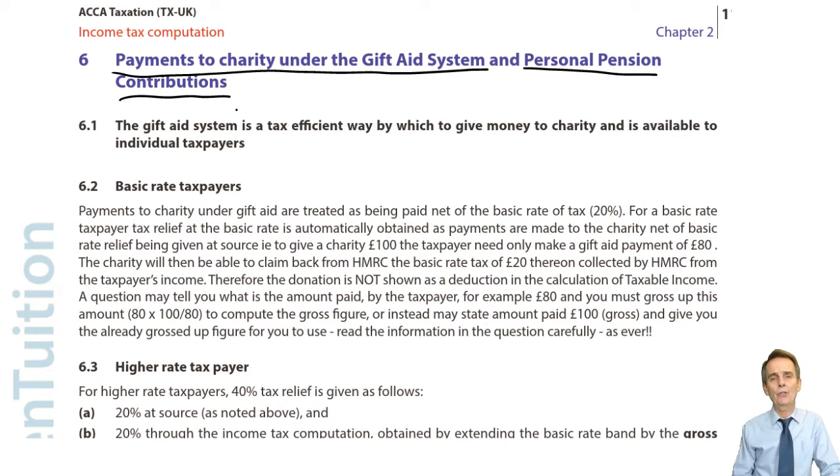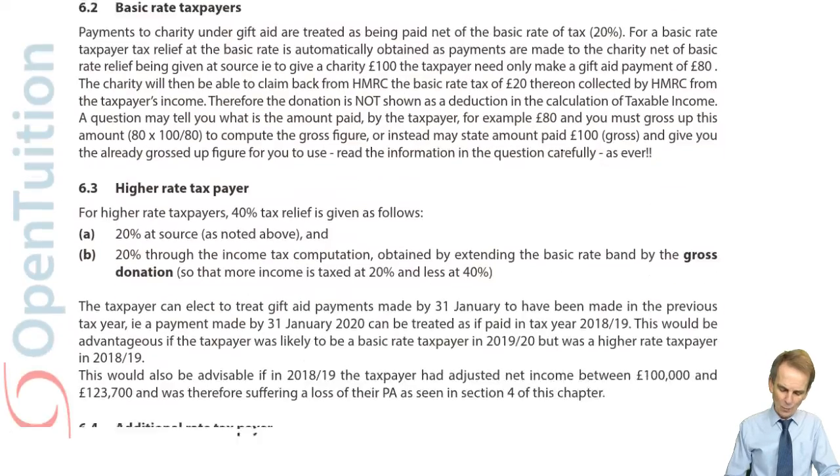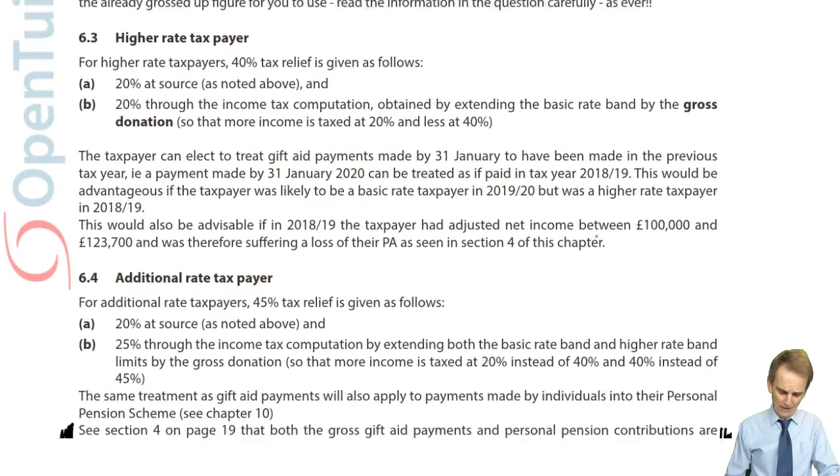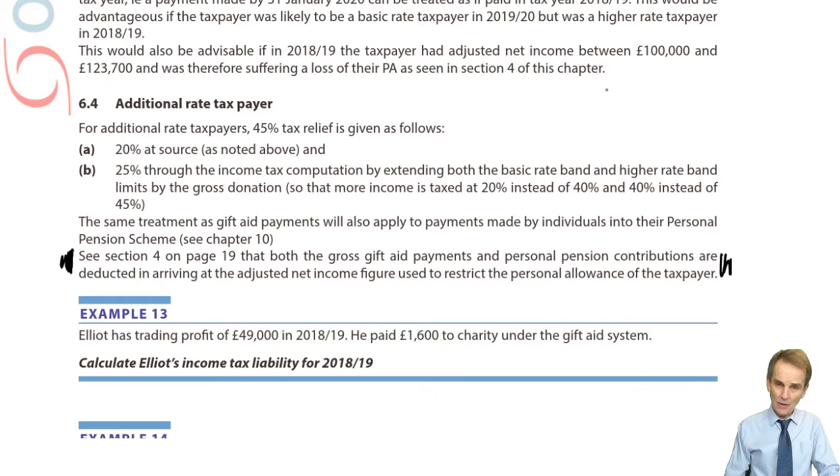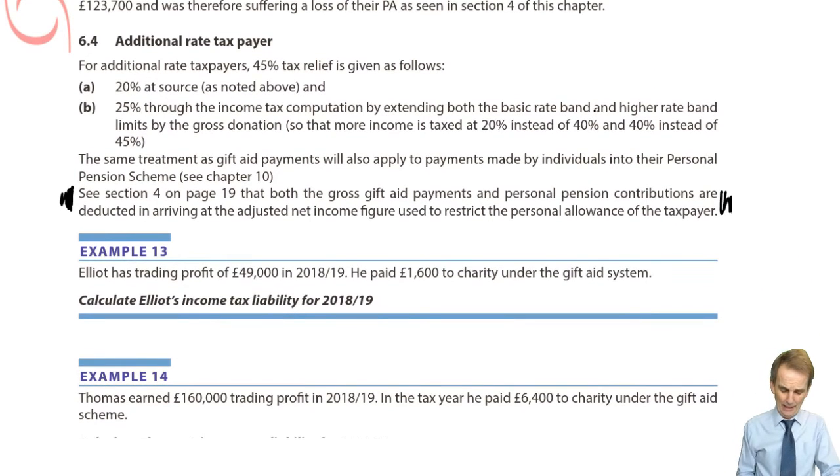Now, we've seen reference to these items already. I wonder if you remember where that was. That was, in fact, back in section 4, when dealing with the personal allowance. And to be very specific, dealing with a restriction in that personal allowance. So we've got this note here: see section 4, not in fact on page 19. I think that's page 9 that should be. So again, hopefully in the version that you are looking at by the time you listen to this lecture, that will already have been adjusted.